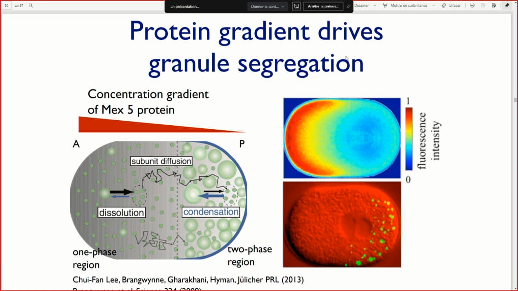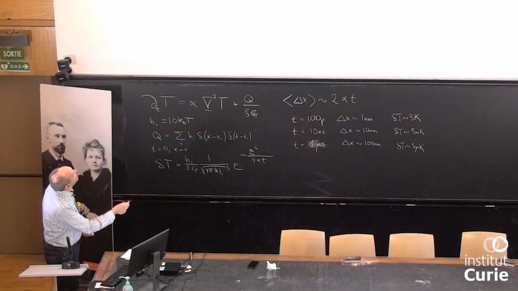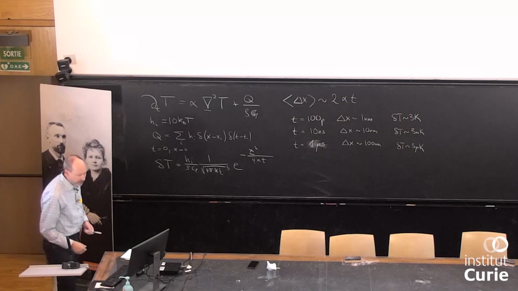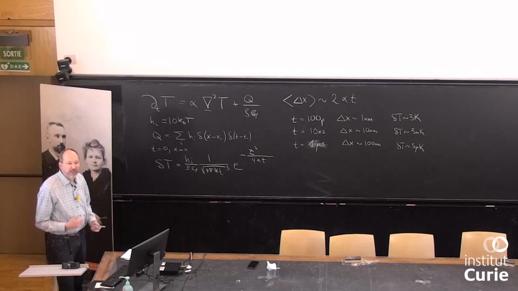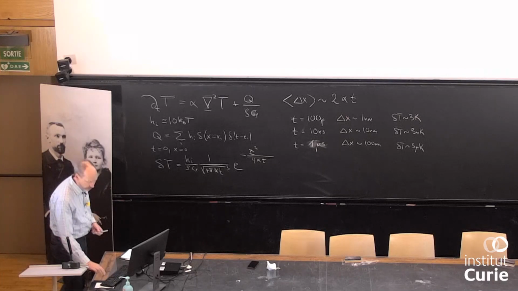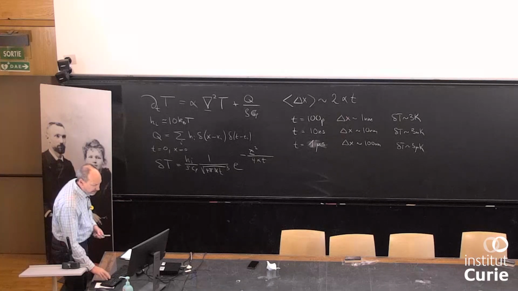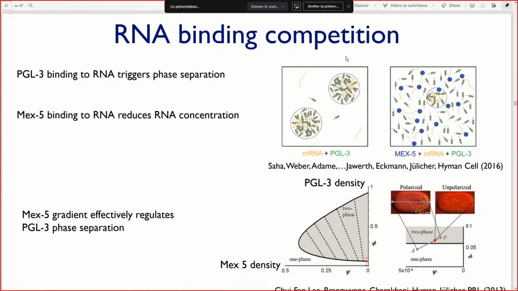So here you see a measurement of this MEX-5 protein concentration, and here you see the segregation of the P granules. So in this situation, at high MEX-5 concentrations, P granules tend to dissolve, and at low MEX-5 concentration, they tend to grow. So in this case, the idea is that compositional variables regulate local phase coexistence. And the picture that has emerged in this work, which was done in collaboration with the group of Tony Hyman and also with the group of Christoph Weber, is that